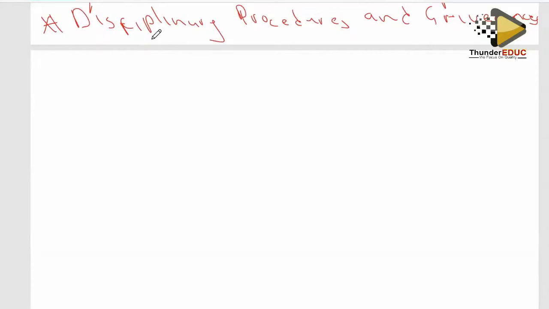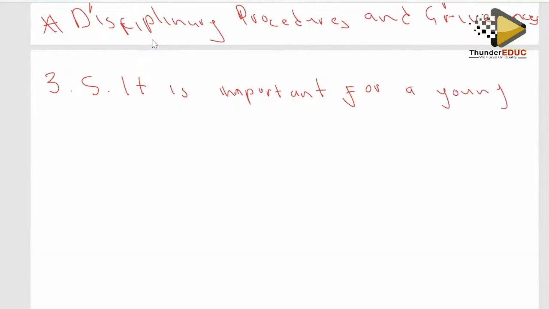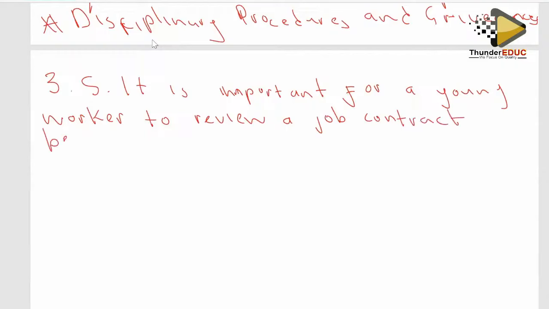So the first point is that we need to say that it is important for a young worker to review a job contract because